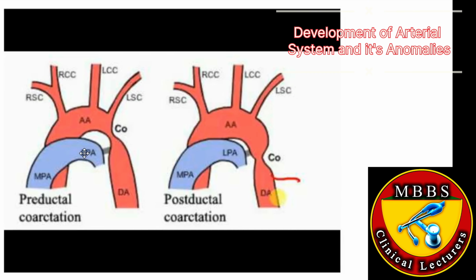Then this is constriction of the aorta, and we can see the ductus arteriosus, with the preductal type and the postductal type. If it comes before the ductus arteriosus, we have the preductal constriction, and if it comes after the ductus arteriosus, we call it a postductal constriction. The consequence of these coarctations is that there will be dilated intercostal vessels present in the person suffering from